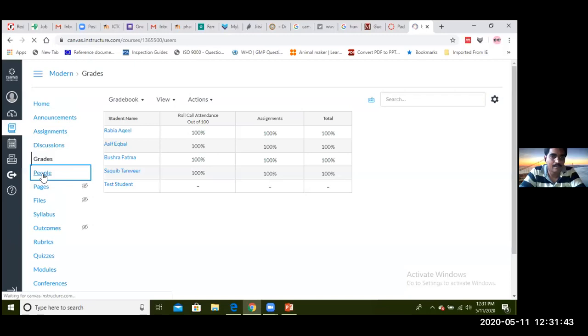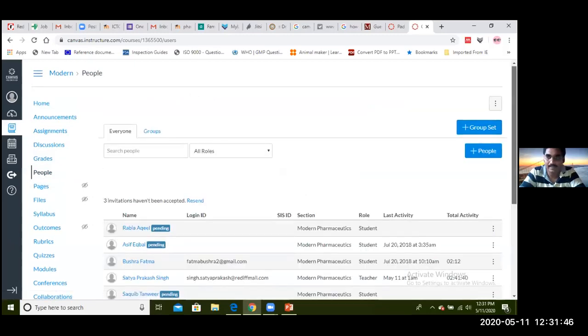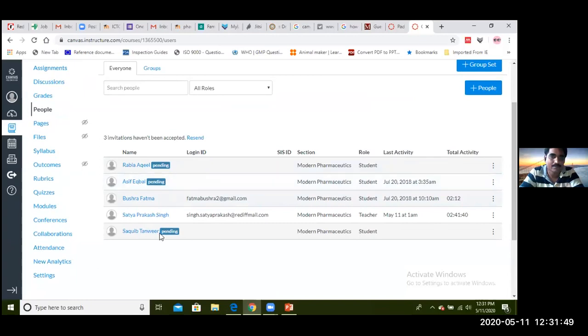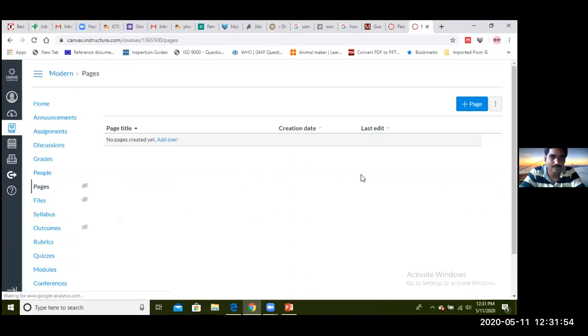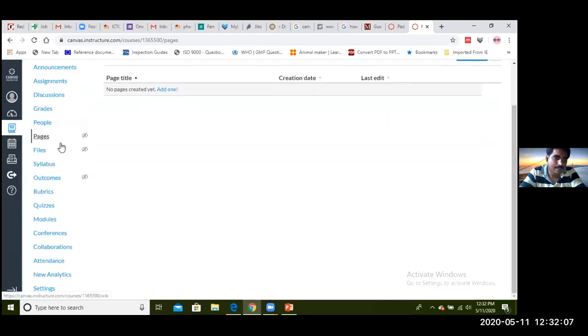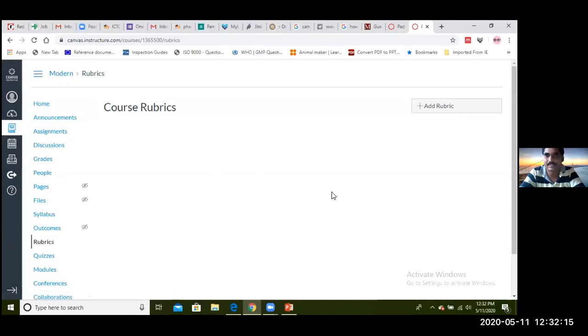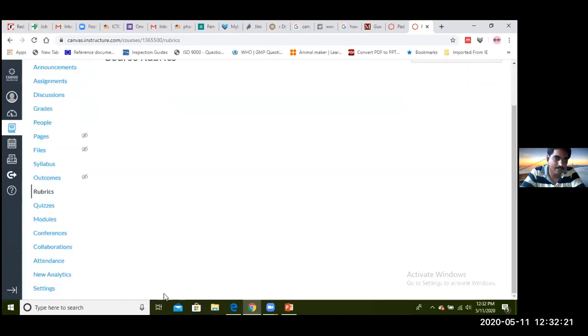Now people, if you click on people, you will find the list of students or list of persons who are accessing your course. Pages, you can create your page or you can add a new page. Presently no content is there, so that's why the eye is closed with a line. You can also set the outcomes of the course. You can create rubrics also. You'll click on rubrics. No rubrics have been added till now, so if I add the rubrics, they will appear here. You can create quizzes,